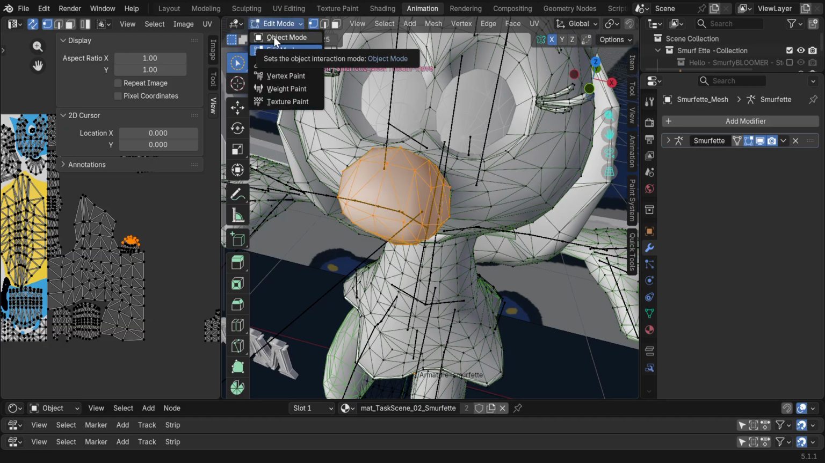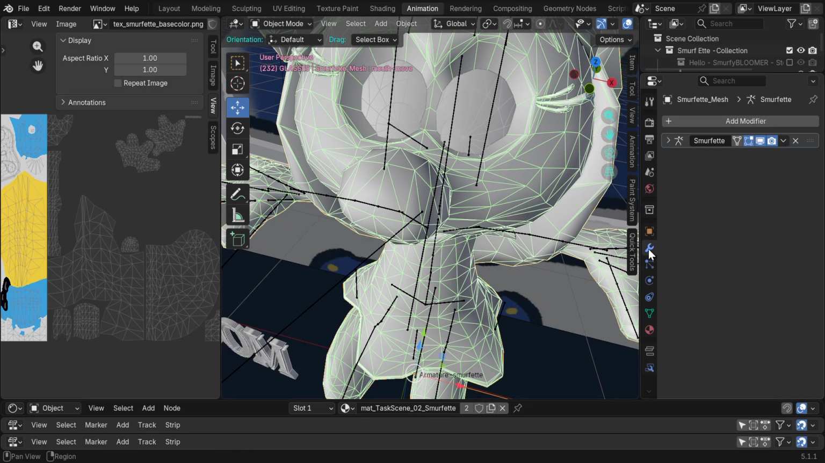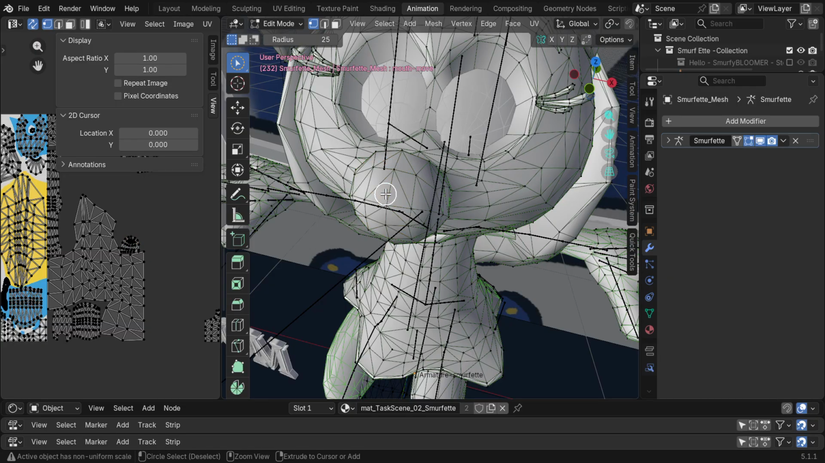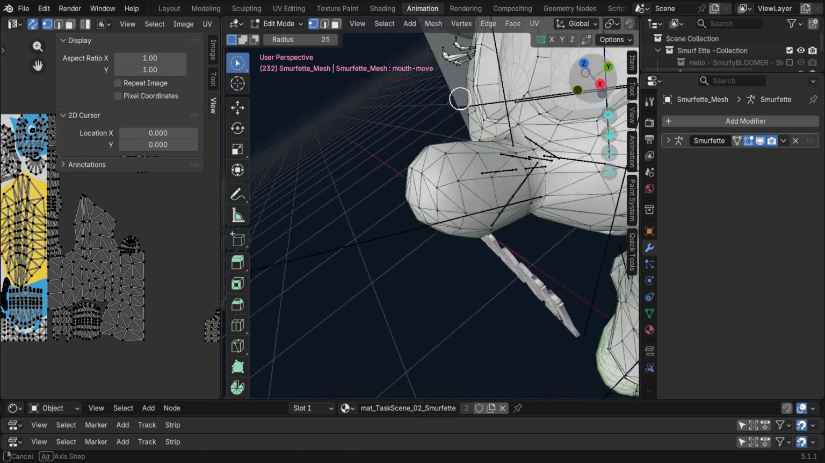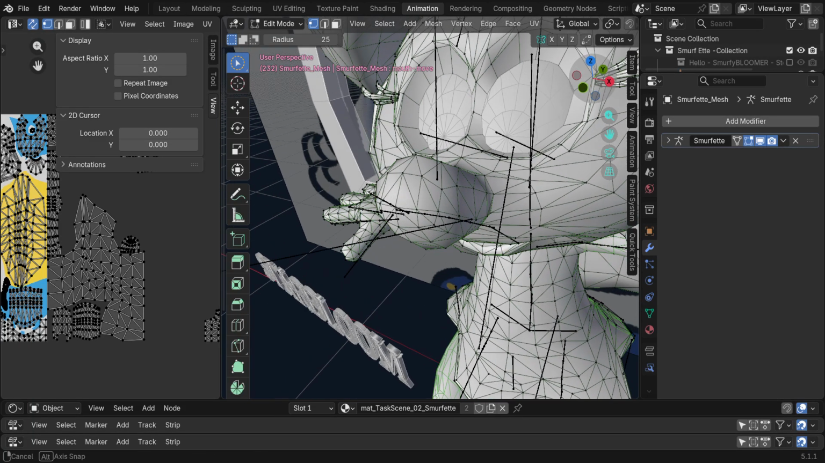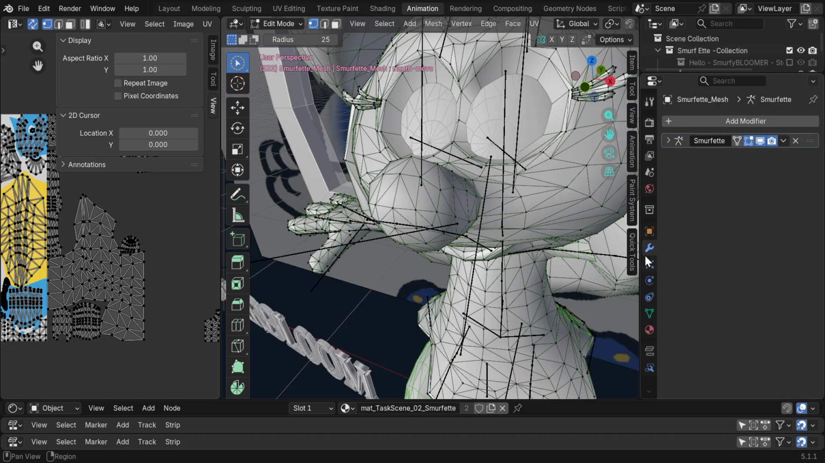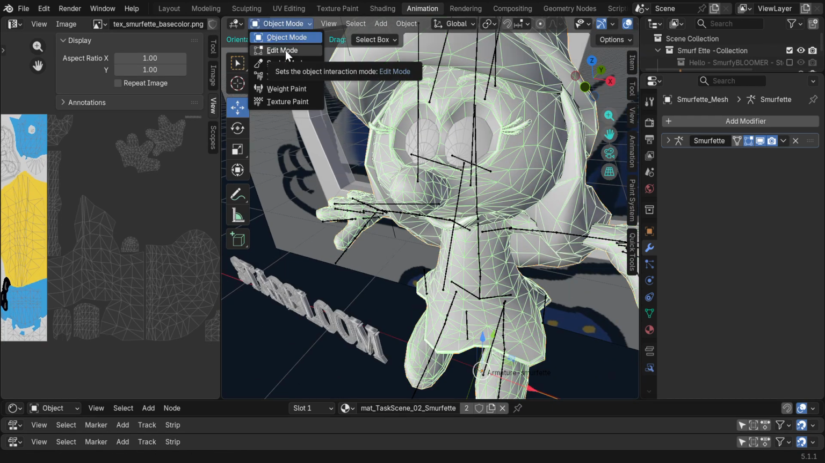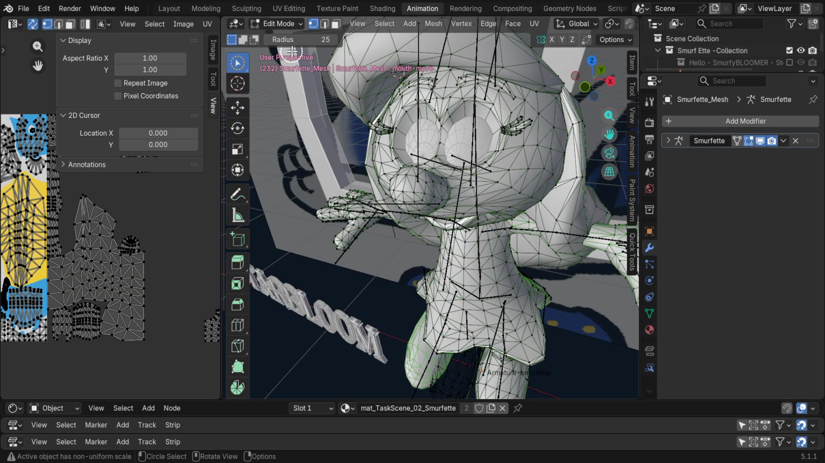What did I do? It looks like I accidentally deleted her. Let's go back. I somehow hit a shortcut and I deleted her modifier. It's always something. Okay, so object mode, edit mode,